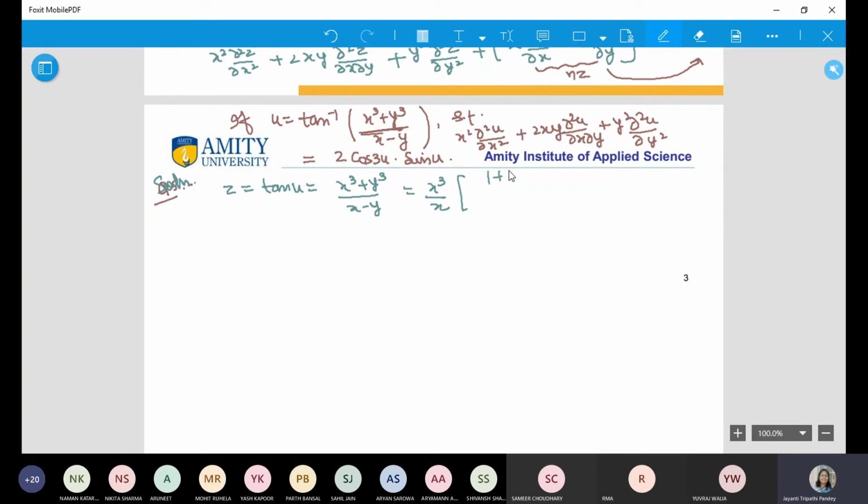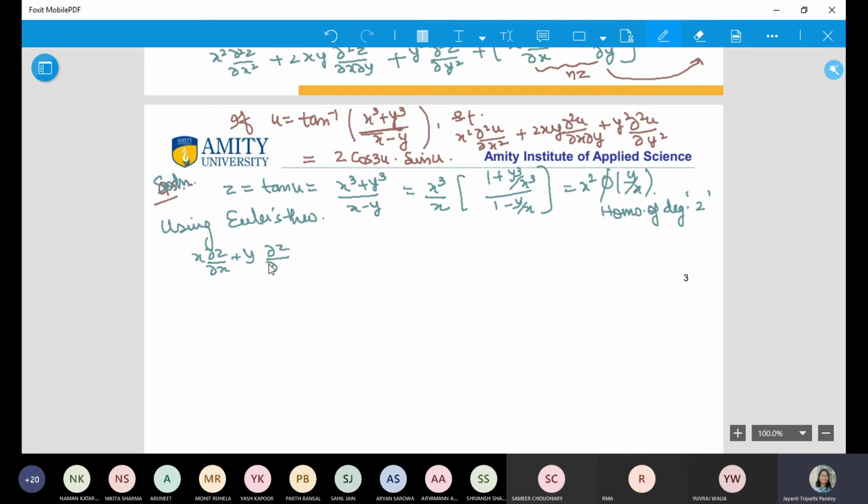So I'll get (1 + y³/x³) / (1 − y/x). So this is x² φ(y/x). Okay, homogeneous of degree 2. So using Euler's theorem, x ∂z/∂x + y ∂z/∂y = 2z. Now if we have to convert it in u, I'm doing it here, just see, z